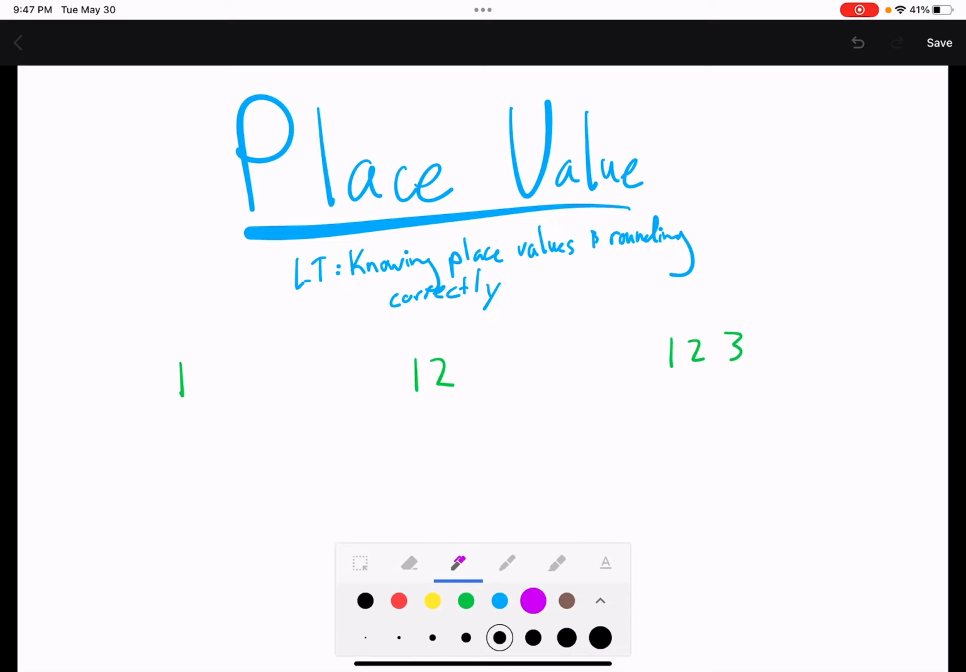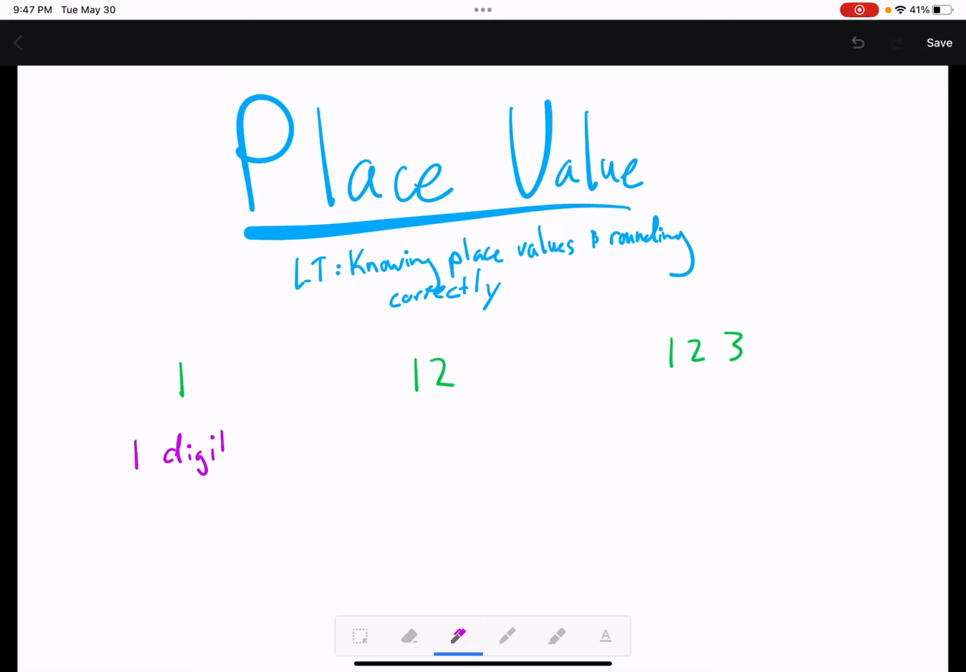If we look at 1, it only has one digit, and that digit is in the ones place value. Now, the next one, 12, has two digits, and we have a 2 in the ones place, but then the next one, this is a 10, and so we call that a tens. And then the next one has 3 digits,